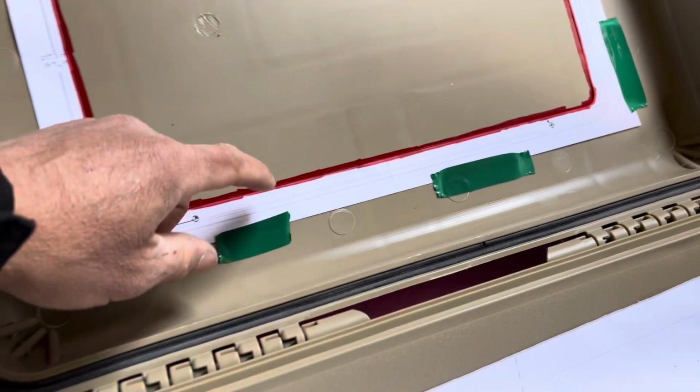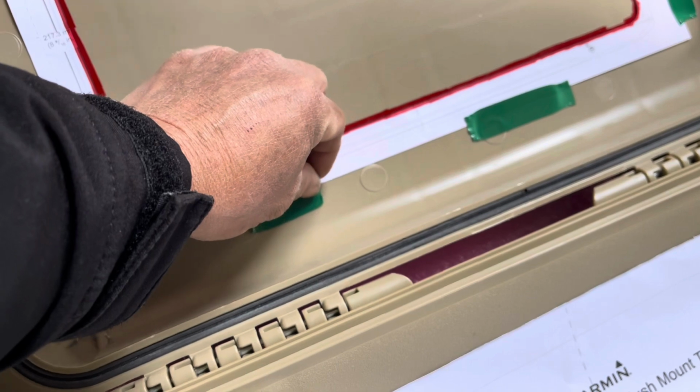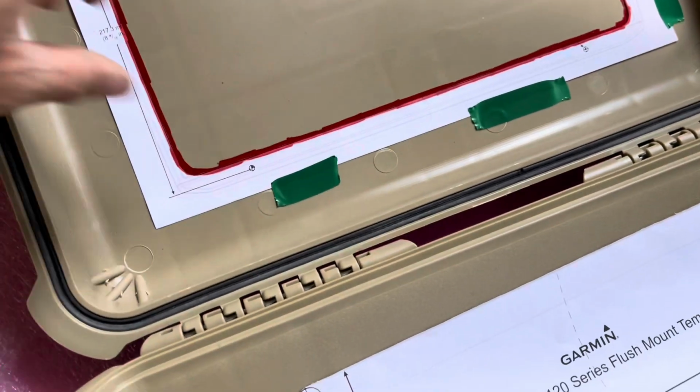And then those holes, I gotta center punch it before I take the paper off. Well, I got the lines, and center punch the hole. You gotta be careful trying to get the tape off, in case I mess up on the cut, then it's gonna be